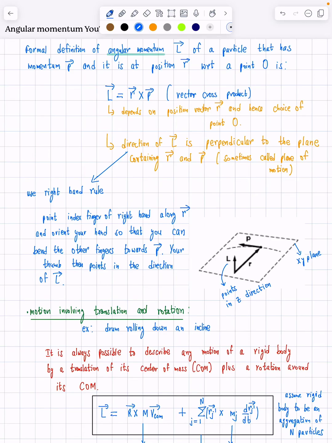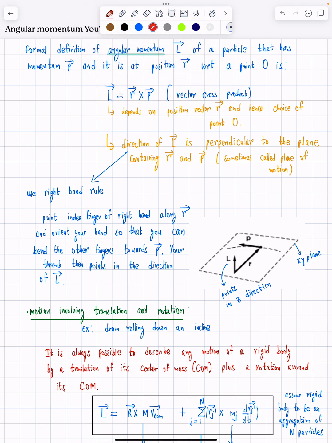I'll be talking about angular momentum for rigid bodies. First I'll start with some theory, and then I will cover two examples. So let's start. The formal definition of angular momentum, L, which is a vector, of a particle is